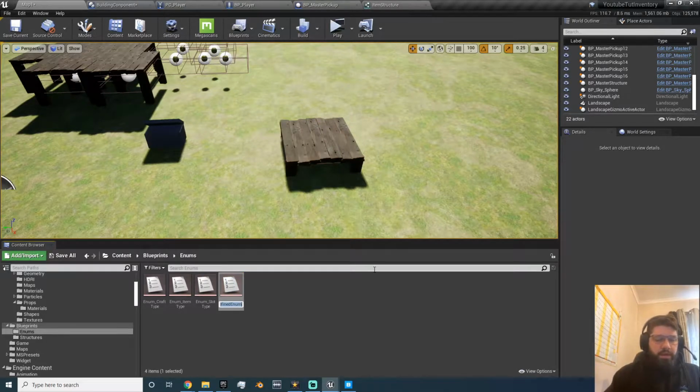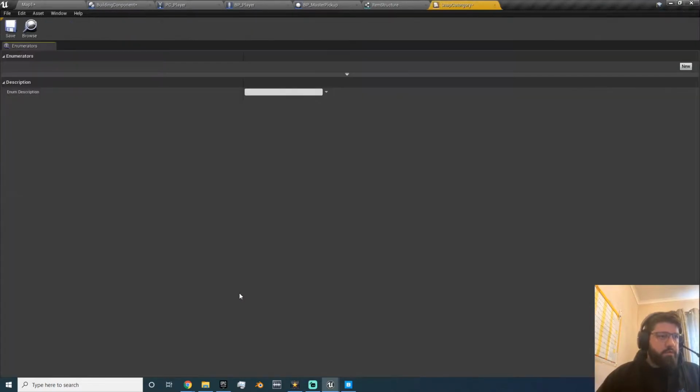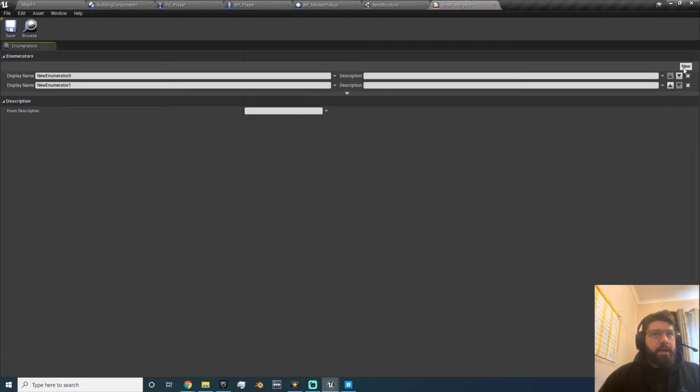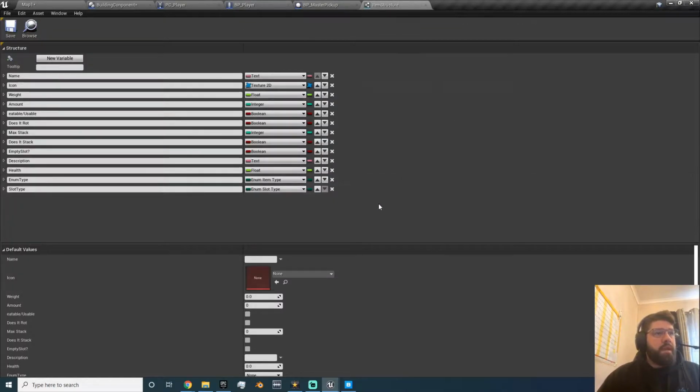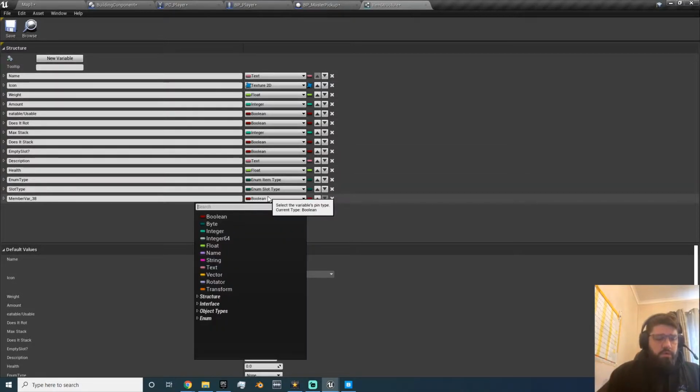So make an enum, snap category. It looks close enough. And I have got 3. So I've got foundation, walls, windows, and doors, and a third one for roofs. Okay, save that out. Now for the item structure, people, just add that to